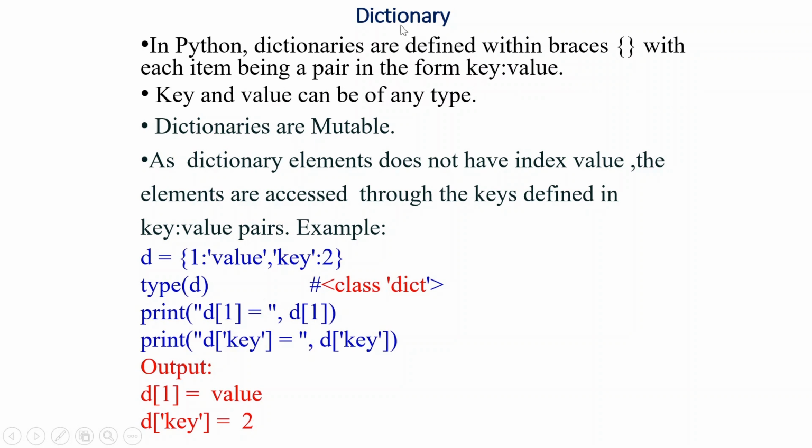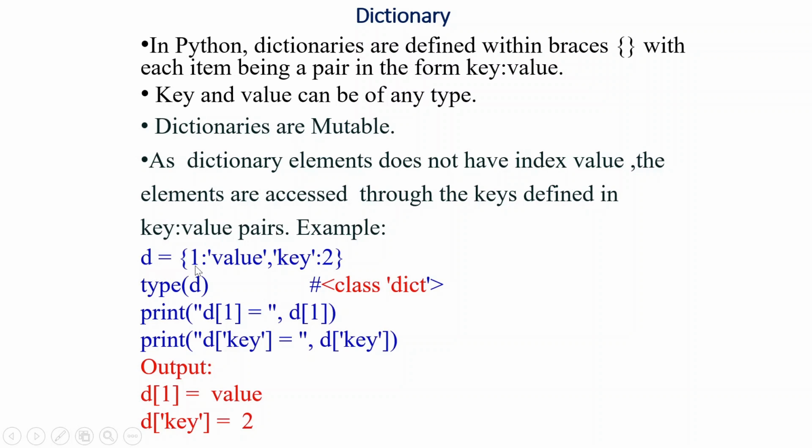of a key and value. So a dictionary is in the form of a key and value. So dictionaries are mutable, meaning we can change the value. As a dictionary element does not have an index value, you can access that element by using only keys. So see, this is a declaration of a dictionary. This is also one of the data types where D is equal to 1 colon. You can give here a value, any value, which will be indicated by this key, meaning your first value indicates a key, and after the colon the second value indicates the value. So this is your key value pair for a dictionary.